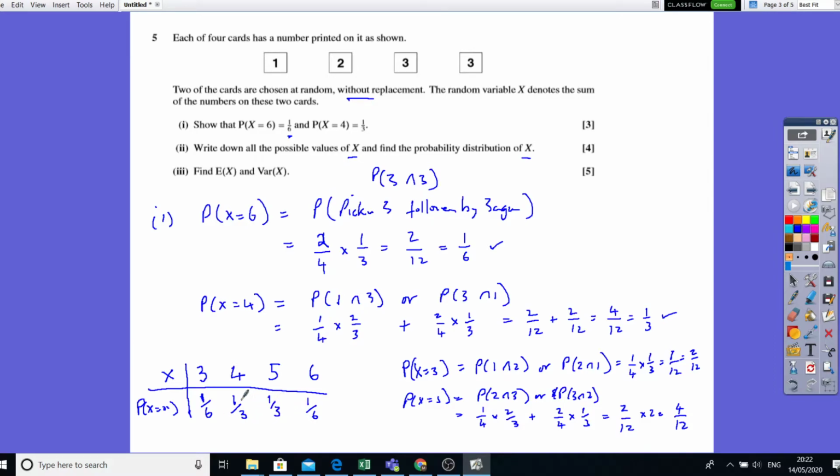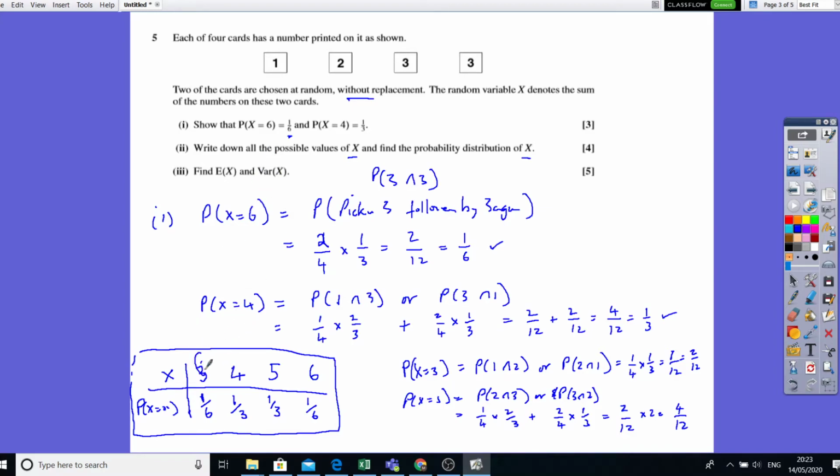Now if you collect these: 1/3, 1/3, and 1/6 plus 1/6, which is 2/6, also 1/3. So 1/3 add 1/3 add 1/3, and this will give you a sum of probabilities of 1. Now you haven't asked me for E of x and variance. It's really straightforward. The expectation is just this multiplied by that, add 4 times 1/3 plus 5 times 1/3, plus 6 times 1/6, and the variance will be,